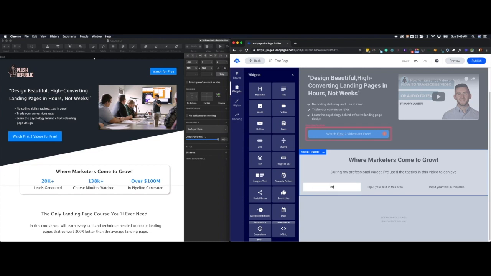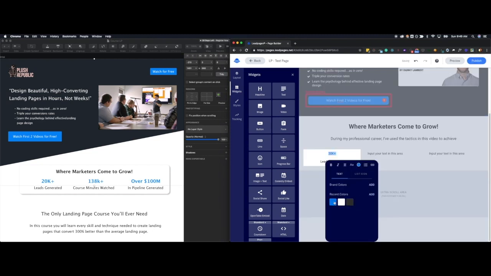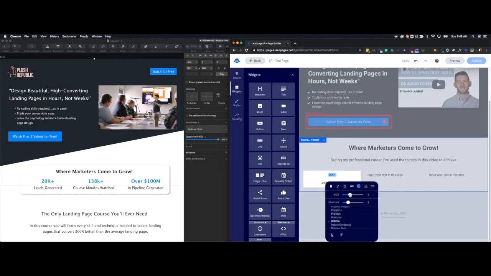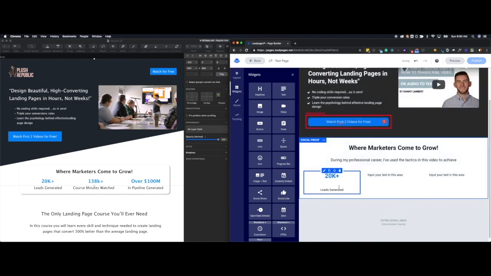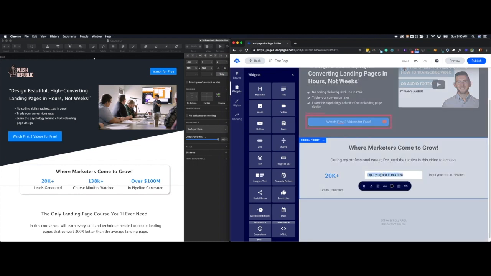And it'll say 20K plus, and then leads generated. Turn this into that blue, bold it out, blow it up. This one I want blown down. I don't want this spacing here. And then here it'll be 138K plus